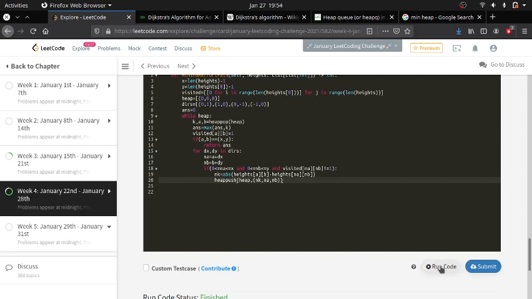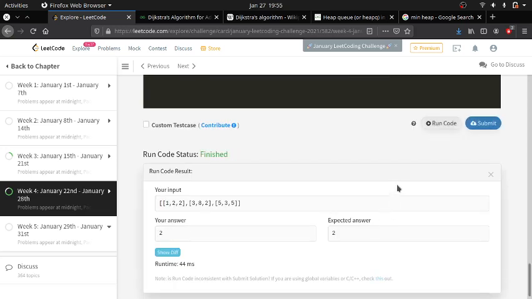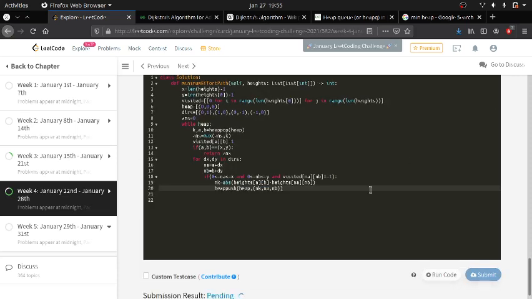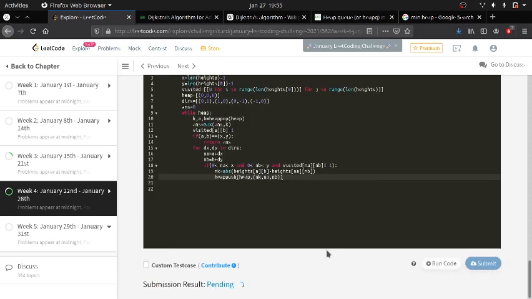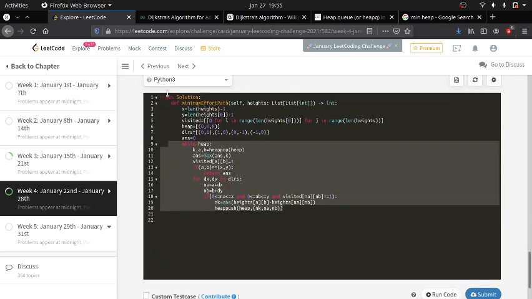Let me try run code. It is finished. Let me submit it. What happened? It got accepted. It will definitely get accepted. So this is my approach. I suggest you try the